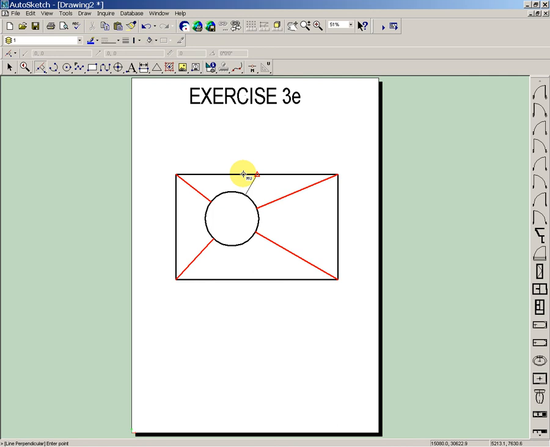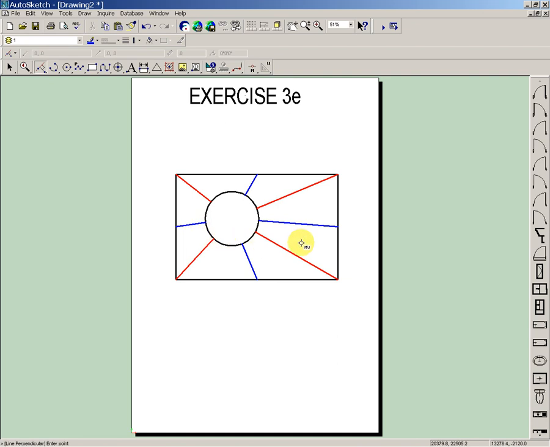We don't use C for centre. Centre is for circles and polygons. So midpoint, click on the circle, we can stay within the snap command and draw onto the rectangle after we've clicked on the circle. The other thing to remember with this command is that when we do choose it,